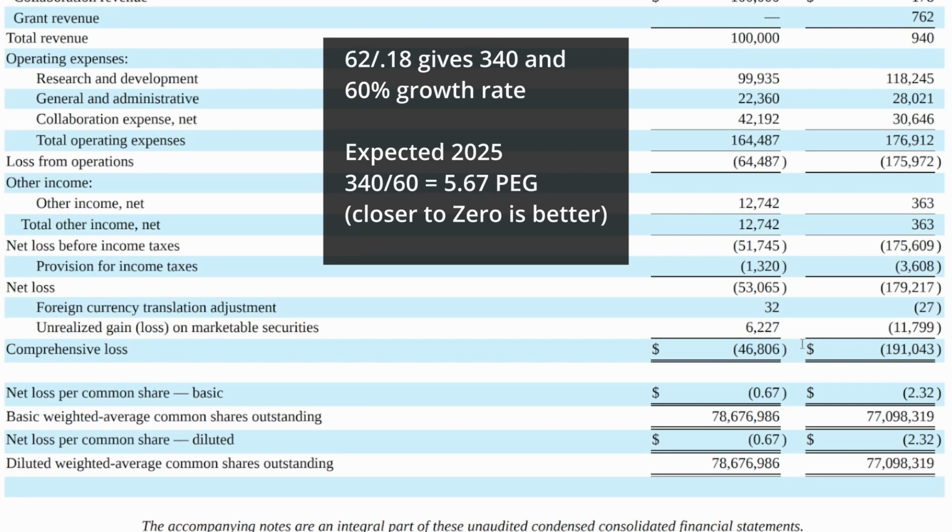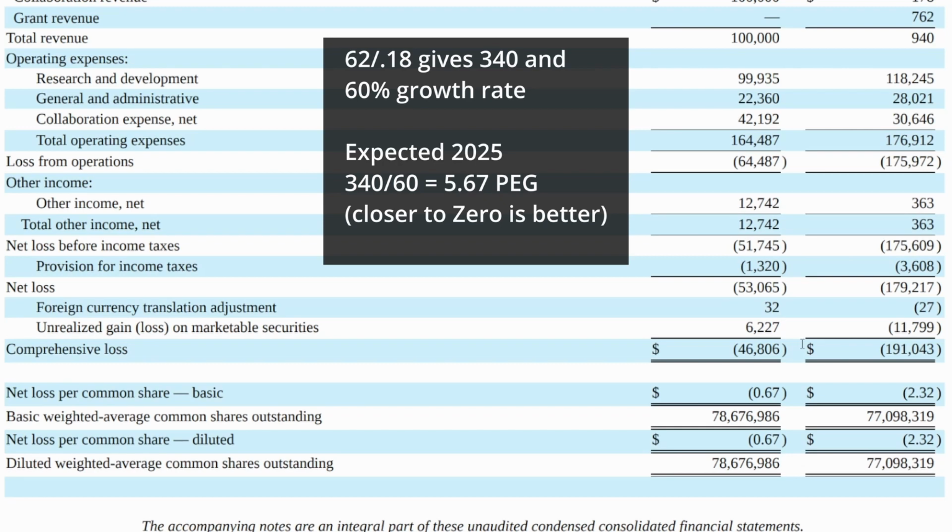Take that assumed 60% or so growth rate. What we'll do is price to earnings growth, 340 divided by 60% growth. We end up with a 2025 PEG ratio of